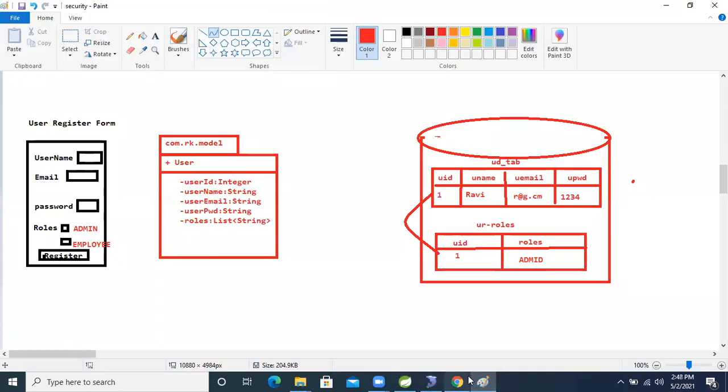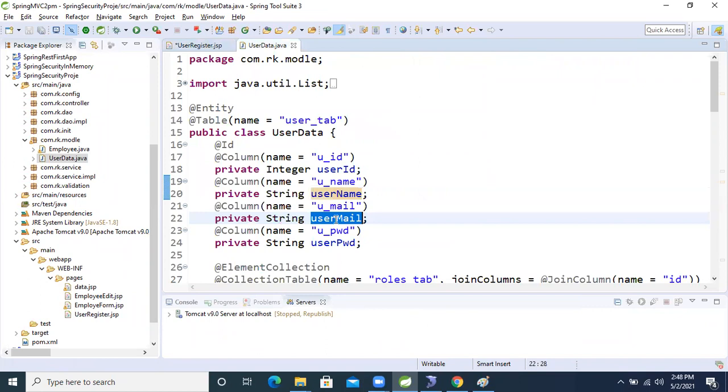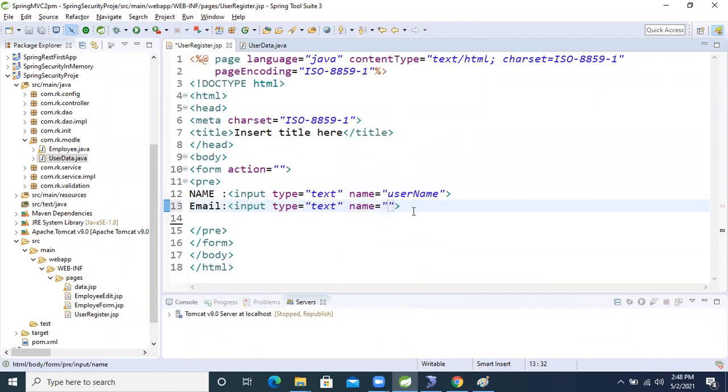Another one is email, right? Email, input type text only, name. What is the email attribute? User mail. Copy this attribute and paste it here.